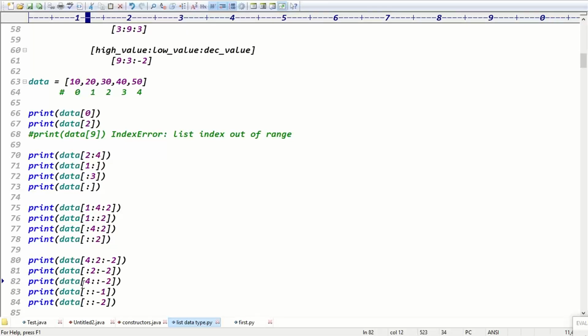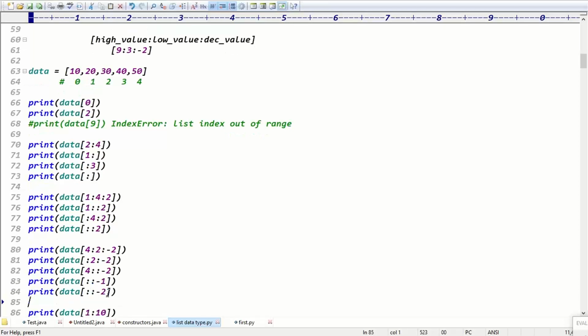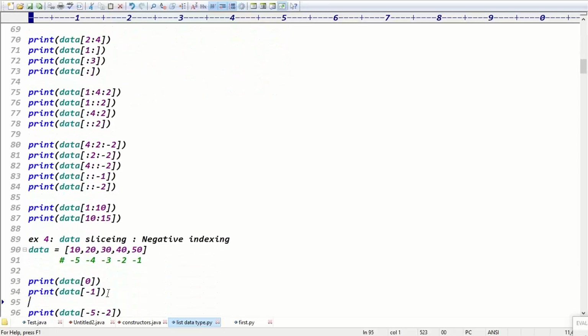Highest to lowest, right? Because, see guys, when you have a decrement value, it means we always have to take the data from highest to lowest, because decrement is done from highest to lowest. I hope you know this line, printing the data in reverse format. Giving minus 1 means what? Data is coming from highest to lowest, which means backward direction, right? You try to check that point, guys.